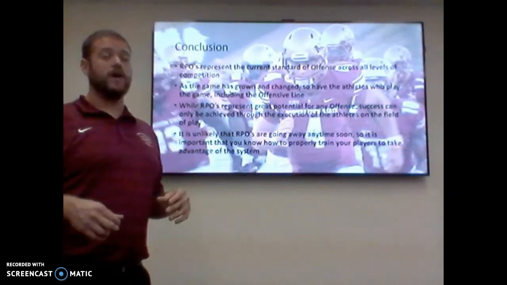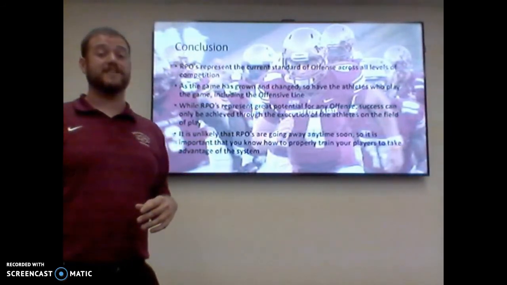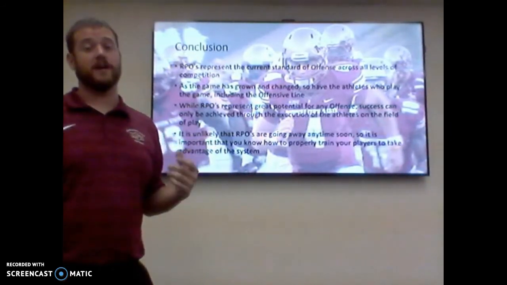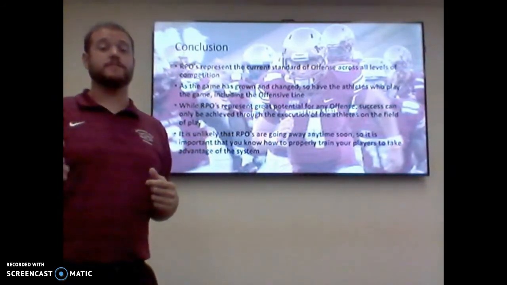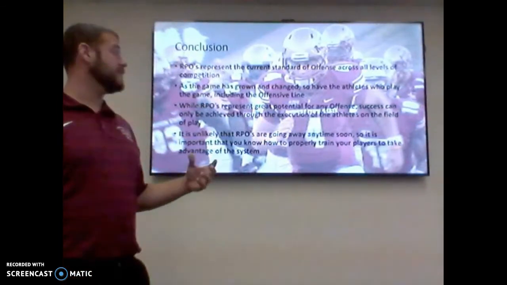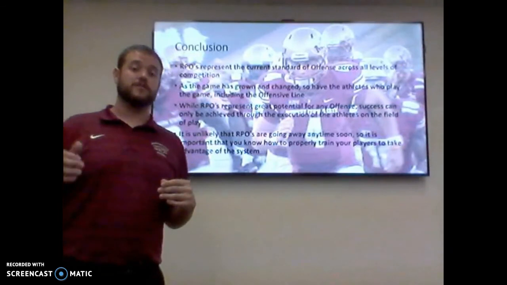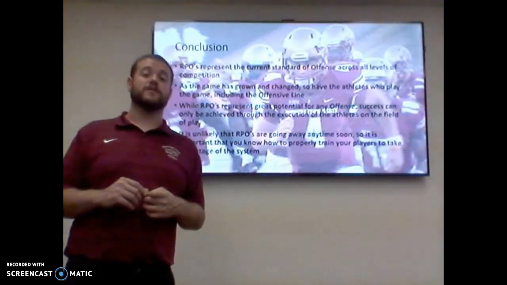While RPOs represent great potential for any offense, it's all about being able to get the athletes on the field to execute it. If they're unable to do that, it doesn't matter how smart we are or what we draw up. It comes down to being able to get your players to do what you need them to do. It's unlikely that RPOs are going away anytime soon. So it's important that you as coaches learn exactly how to train your players so that you too can